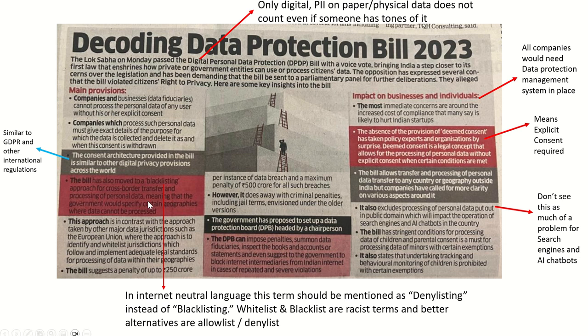But in India's data protection bill, we are following the block listing approach, wherein at present there is no country that is blocklisted, and cross-border data transfer of personal data is allowed in all countries. But in future, the government, the center, will follow a blocklisting approach, wherein on a situation basis they will come up with some notifications to ban certain countries from processing personal data.